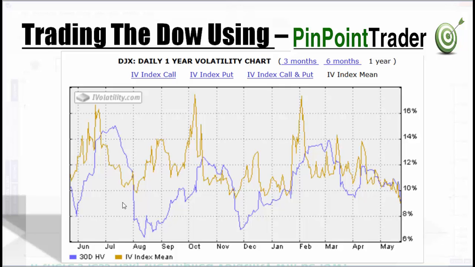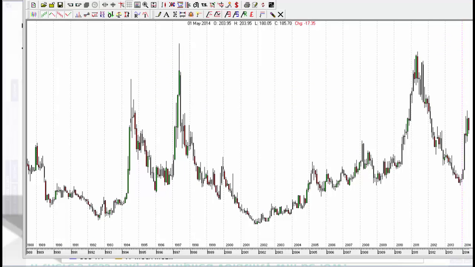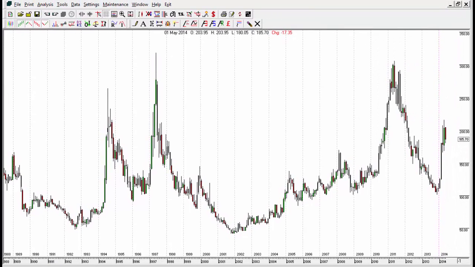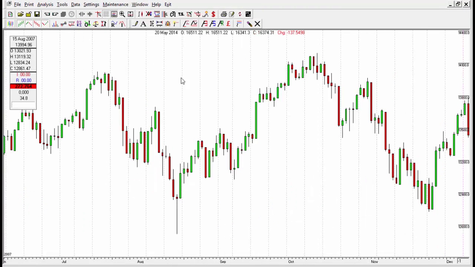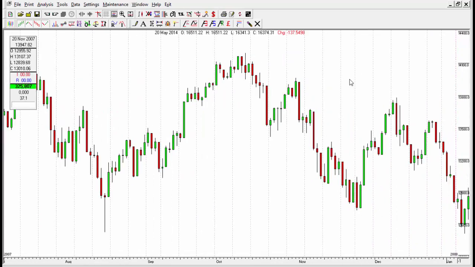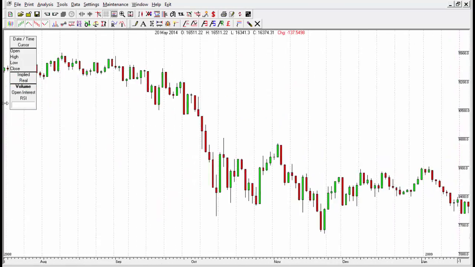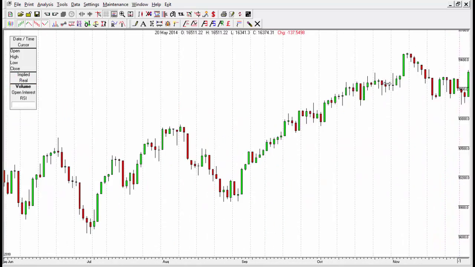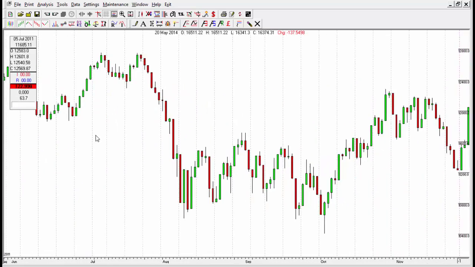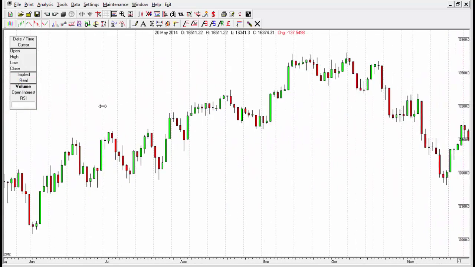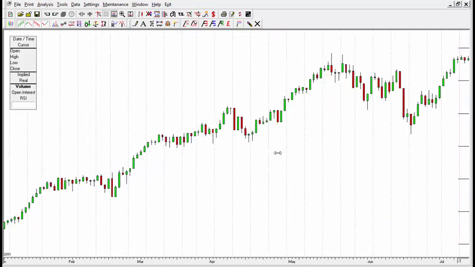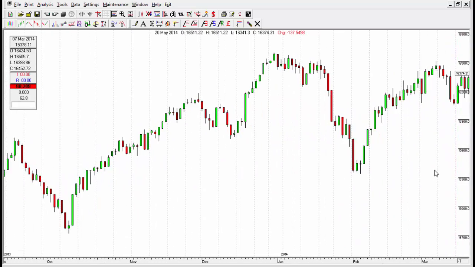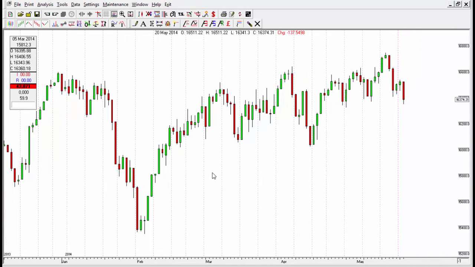And let me just show you this on the Dow Jones chart. Let me just get a chart up for you. Let me just bring this in so you can see the opposite effect. So this is the Dow Jones, and if we just come back to more current times and then have a look at the correlation between the implied volatility and the Dow Jones. So let's just bring this back to the current time, which is anywhere around about now. So this is 2014. Let me just go back to the implied volatility, and you can see